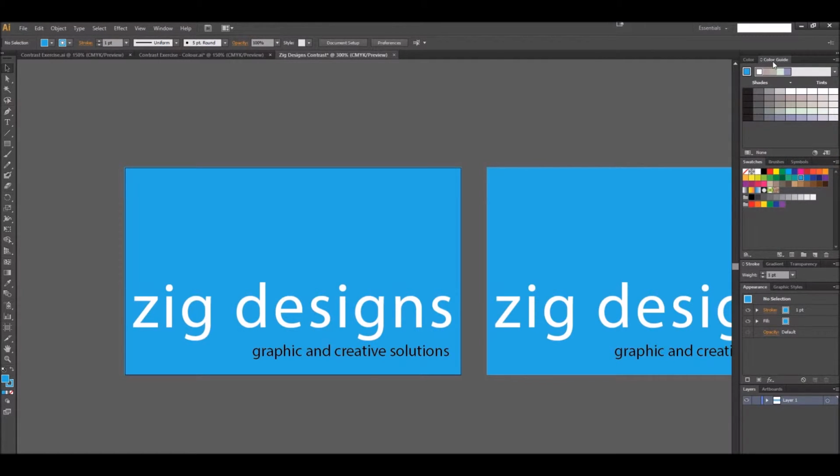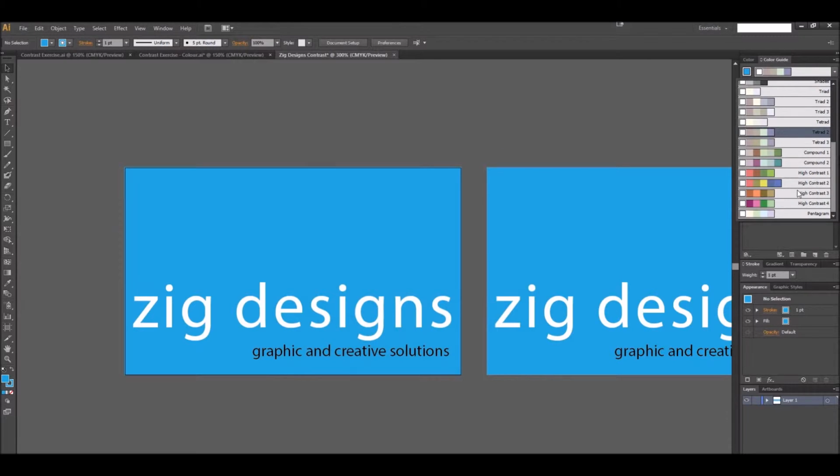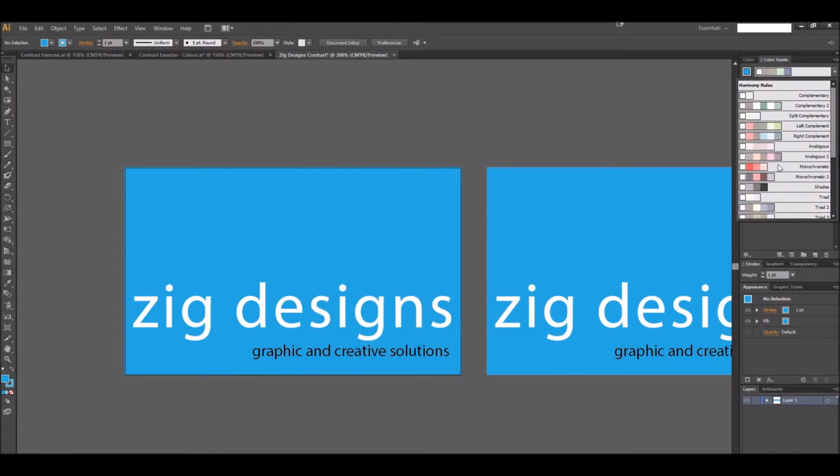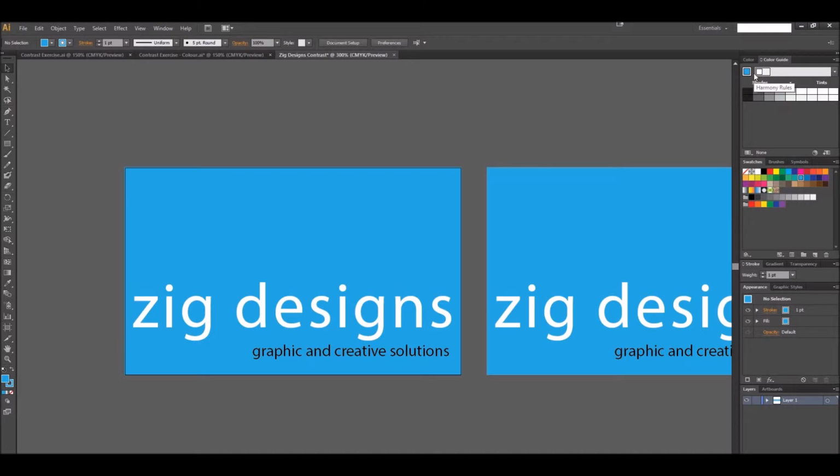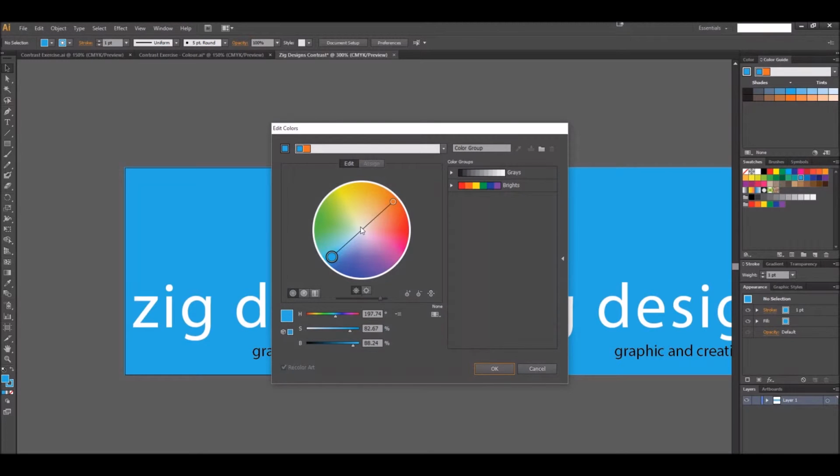I can go into my color guide and choose one of these harmony rules. So what we want for this are these complementary options up here, because that's where we get our contrasting colors. Click on the blue box here to make sure we're using the blue colors up here, and you can see there it's showing me a preview of what the contrasting color is on that color wheel. To see how that's worked that out, we can always come down here, click on Edit Colors to get a view of the color wheel, and you can see there it's picking the exact opposite color